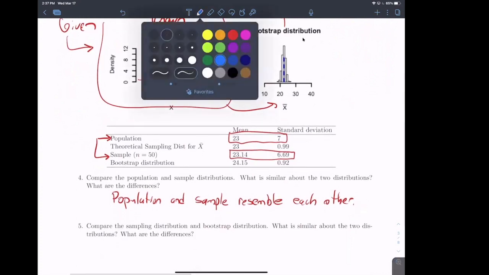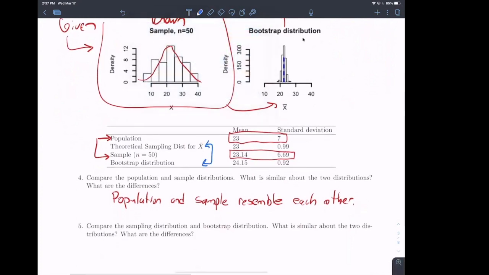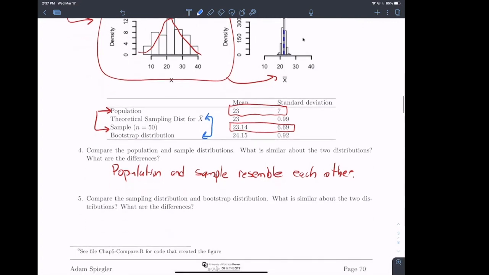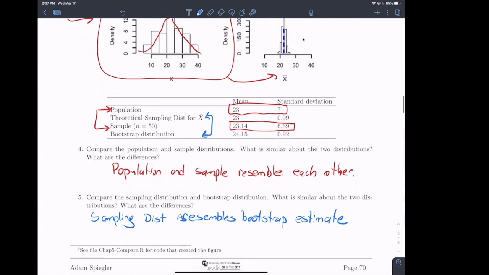And similarly, if the population and the sample pretty much resemble each other, then when we create sampling distributions from each of them, we should get things that are pretty close to each other. So when we look at the sampling distribution, the bootstrap estimate is pretty close. And if we actually look at it,